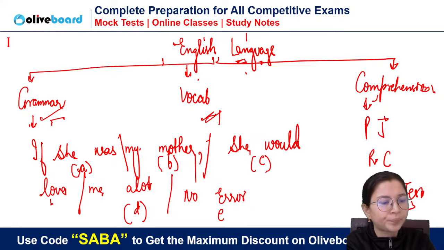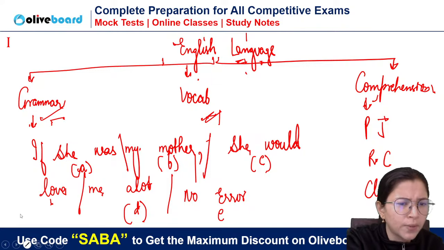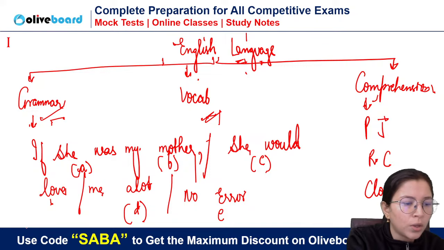What is the error? D part. If she was my mother, she would love me a lot. So do not delete your answer. It's okay because that is why it's foundation batch. So I don't expect the correct answer also. I just want to know. Okay, acha, "she would me" is wrong.